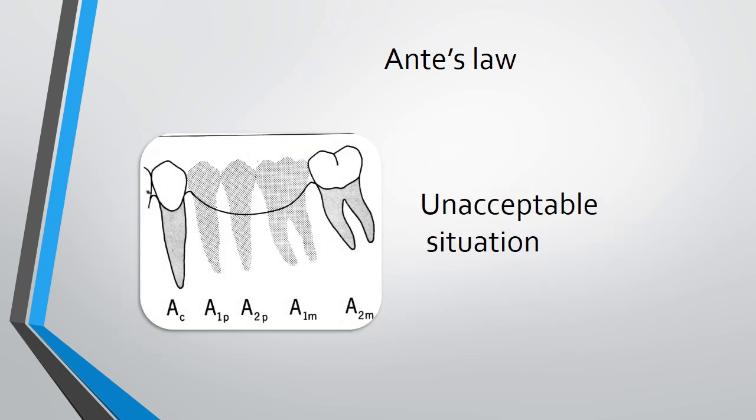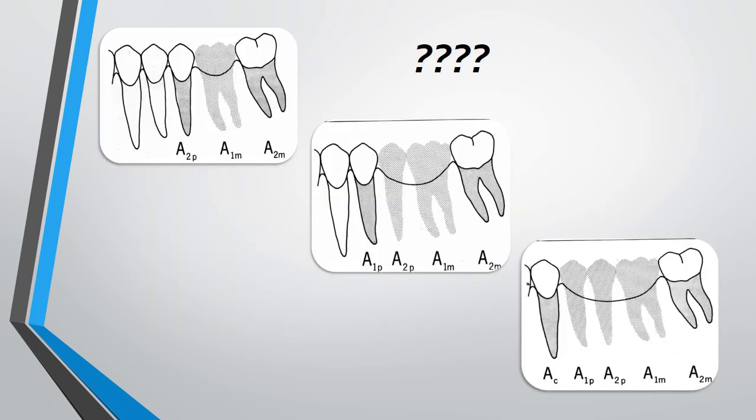The replacement of multiple missing teeth with only two abutment teeth is a totally unacceptable situation. Violating Ante's law and continuing the case with this type of clinical situation definitely compromises the alveolar bone support or the periodontal support of the abutment teeth. After a period of time, bridge failure can definitely happen. To conclude, the total or combined periodontal membrane area of the proposed abutment teeth should be greater than or at least equal to that of the teeth to be replaced.